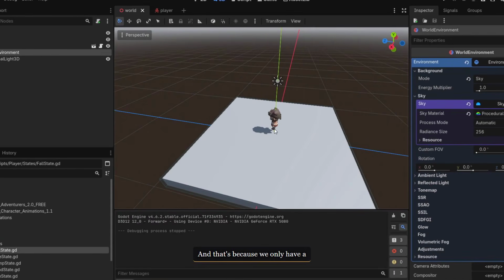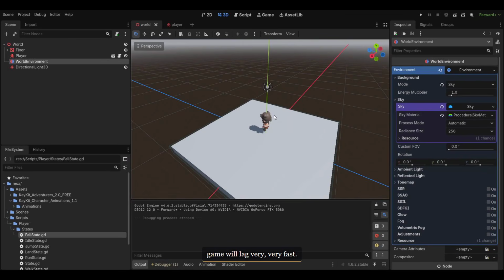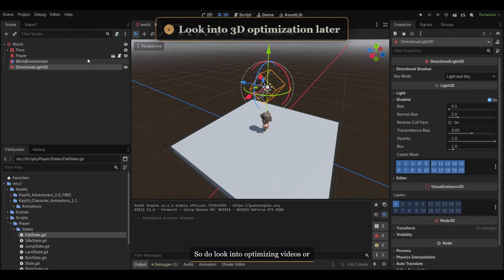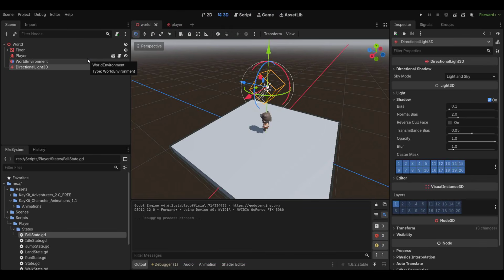And that's because we only have a player and a block. But as you expand your world and you add many, many more objects, the game will lag very, very fast. So do look into optimizing videos or optimizing 3D if you want to look up videos, or if you want to check out my channel or my website. I should have some 3D optimization videos coming soon. By the time you watch this, it might be already out. So go ahead